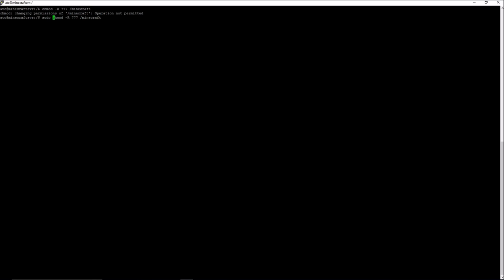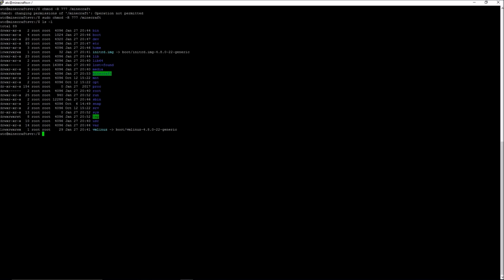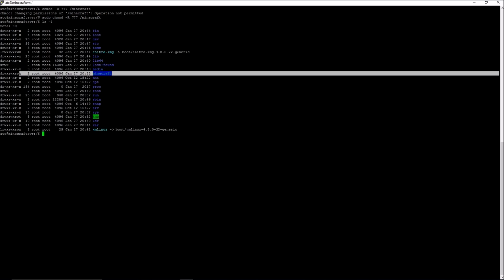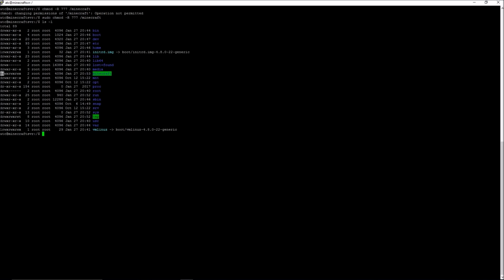That sudo is telling the server, hey, use the top permissions, somebody with root access, somebody with the big permissions. So now if we do ls -l, you can see our Minecraft folder is now green, at least in the PuTTY client, and you can see all these little drwxrwxrwx. That is saying that folder has complete full permissions. Anybody can do anything they want to that folder right now,